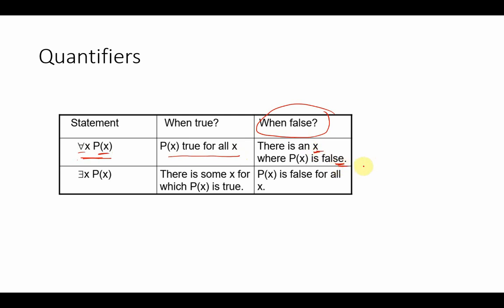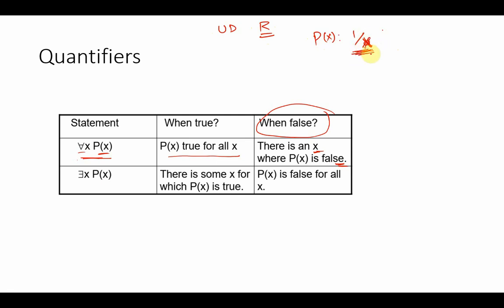Say for example, let us say the universe of discourse is the set of real numbers, and if I write p of x as 1 upon x. Now if I check this out, 1 upon x, it is a real number.